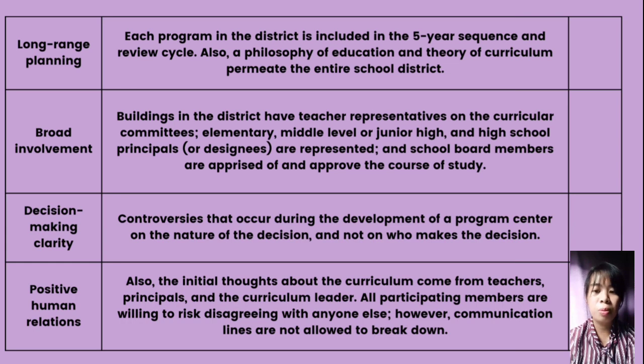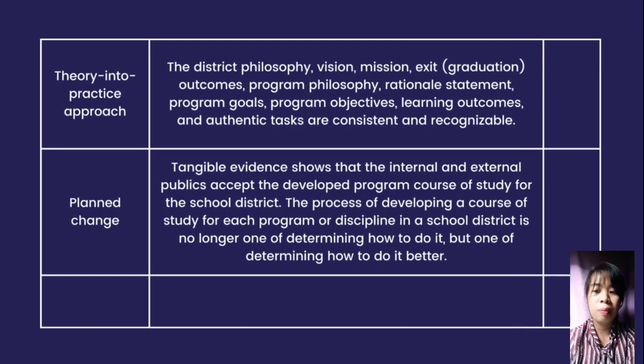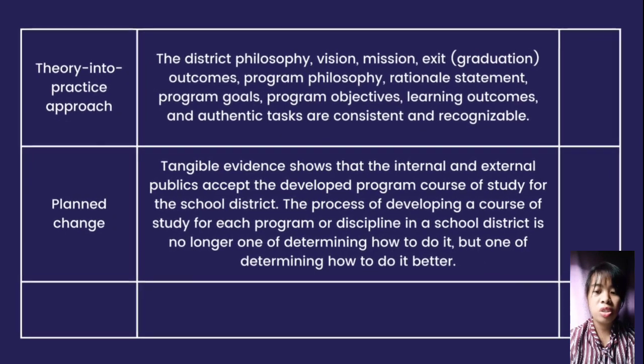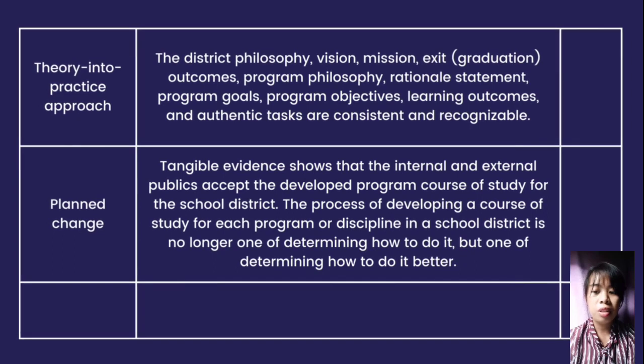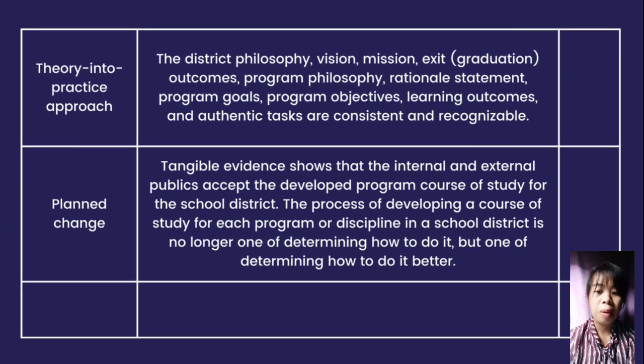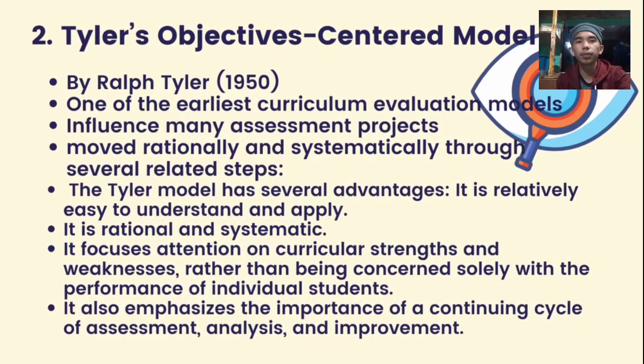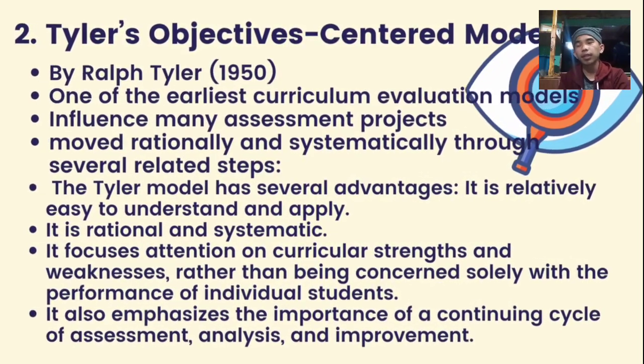Number 9 is long-range planning, then decision-making, positive human relations. Number 12 is theory into practice approach. Number 13 is plan change. The plan change accepts the studies to develop a course of study for each program. And as Bradley says, if any of the 10 indicators get a no, it should be looked after to make it a yes. So we go to the next slide, which is the Ralph Tyler's